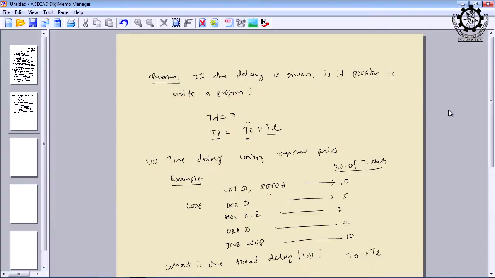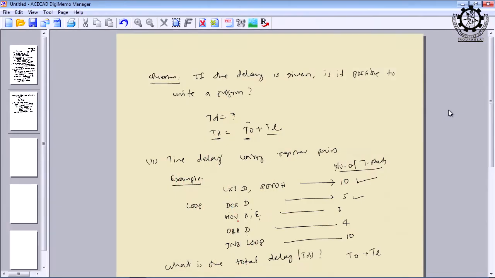Now we are loading 16-bit data, and since it is a 3-byte instruction, as per our rule, it will not take 10 T states. Is it okay? And DCX D, as I told you again, is not taking 4 T states, it is taking 1 extra T state, so 5. Okay. Then MOV A, E, then ORA D. D means it refers to register pair D, and we are moving E to A, and we are ORing with D. What is the use of ORing with D?